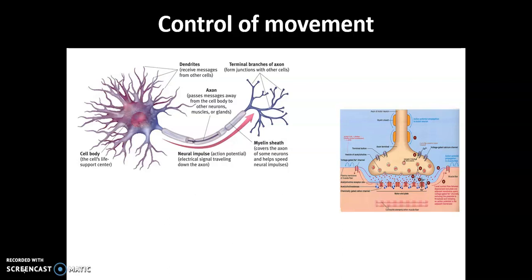The impulse reaches the presynaptic membrane, and a neurotransmitter is released known as ACh, which will help the diffusion across the synapse happen at a faster rate. The impulse spreads across the synapse and binds to the receptors on the postsynaptic membrane of the muscle cell, where it is then packaged into a vesicle and transported through the T-tubules and into the sarcoplasmic reticulum, which is a calcium store. Within the muscles, there are muscle fibers